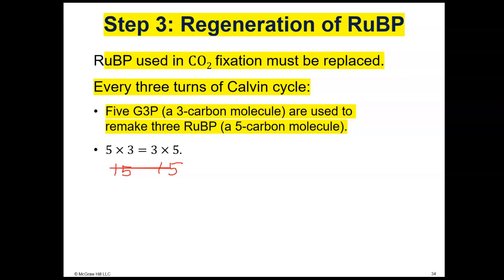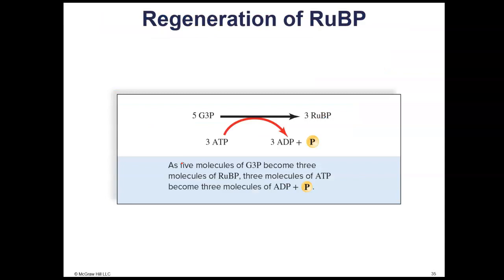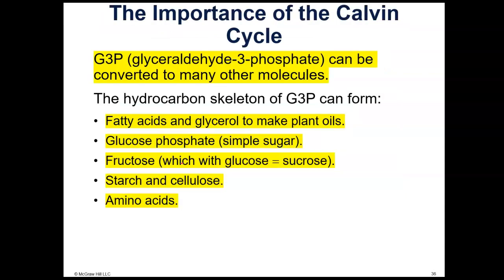So it takes 5 G3Ps to regenerate 3 RuBPs. So that's step 3, the regeneration of RuBP. Now, the important